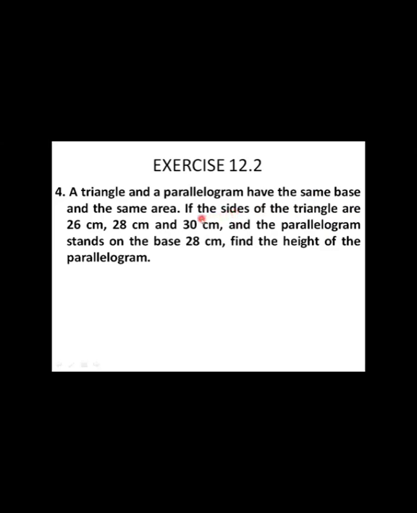It says that the sides of a triangle are 26 centimeter, 28 centimeter, and 30 centimeter. Now, since the sides of the triangle are given, we can easily find the area of the triangle using Heron's formula. And whatever will be the answer for the area of the triangle, the same answer would be the area of